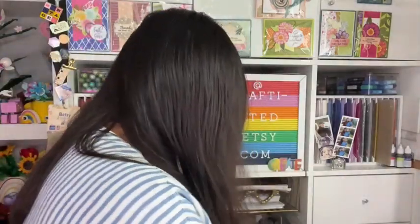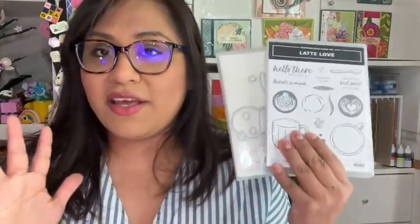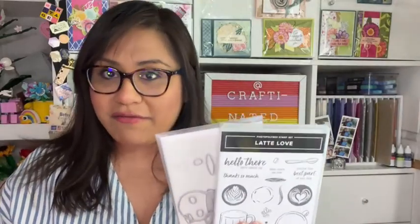I have so many exciting things to show you with this bundle, and it is an online exclusive, meaning you can only find this online. So stampinup.com, that's where you can find it. And I'm here to show you some cards and how to make some cards using the Earth and Elegance paper